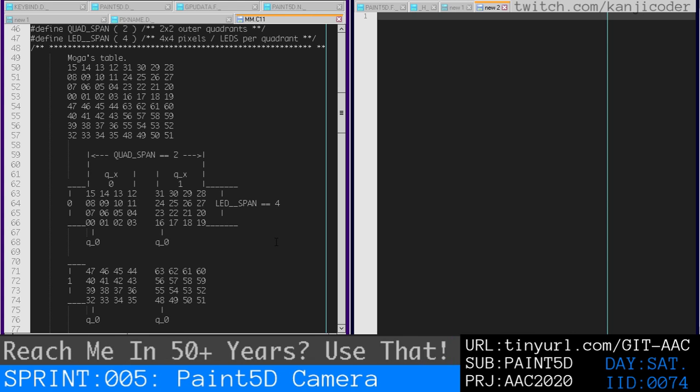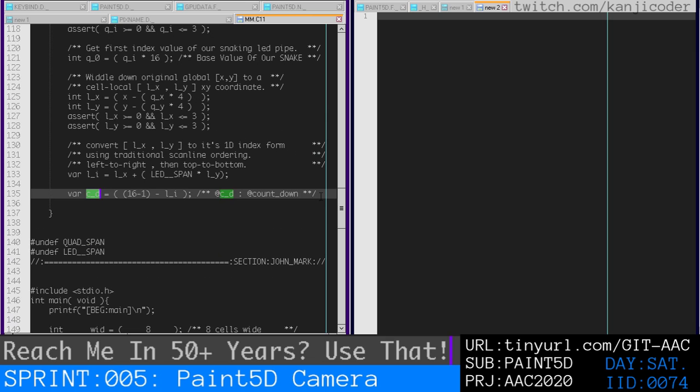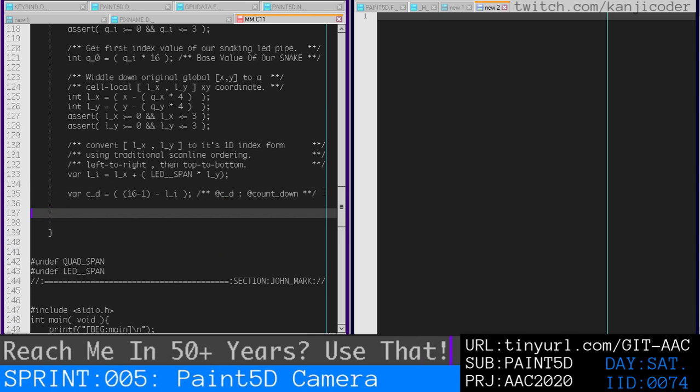So what we could do is say, if Lx modulus, or Ly modulus 2 equals 0, so if it's even, so the even things,